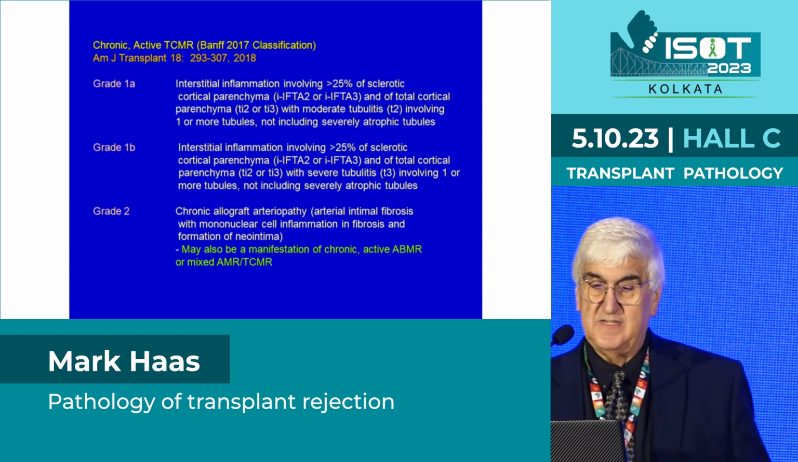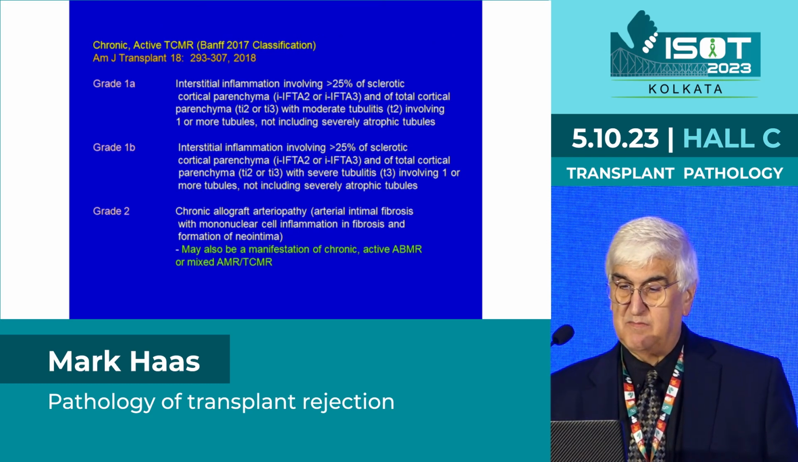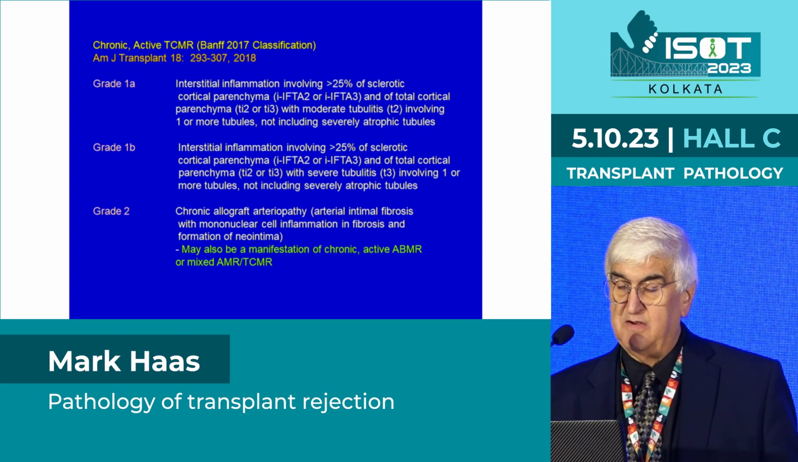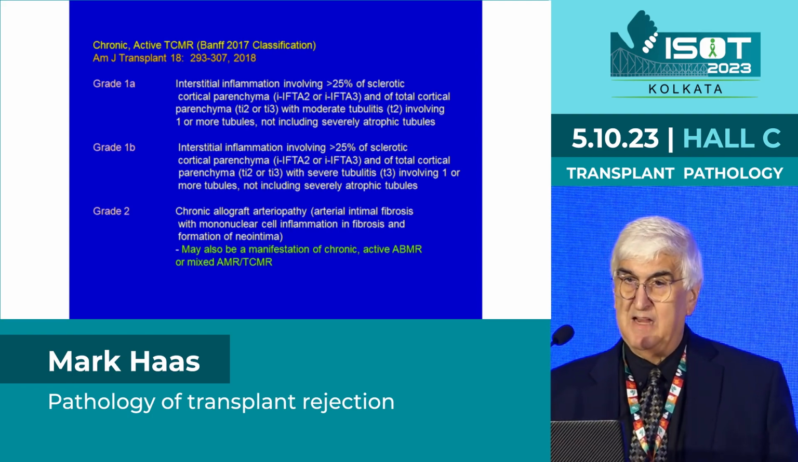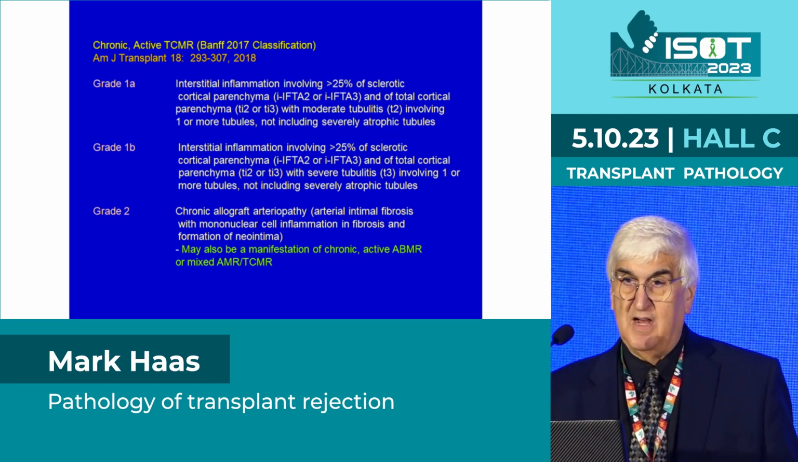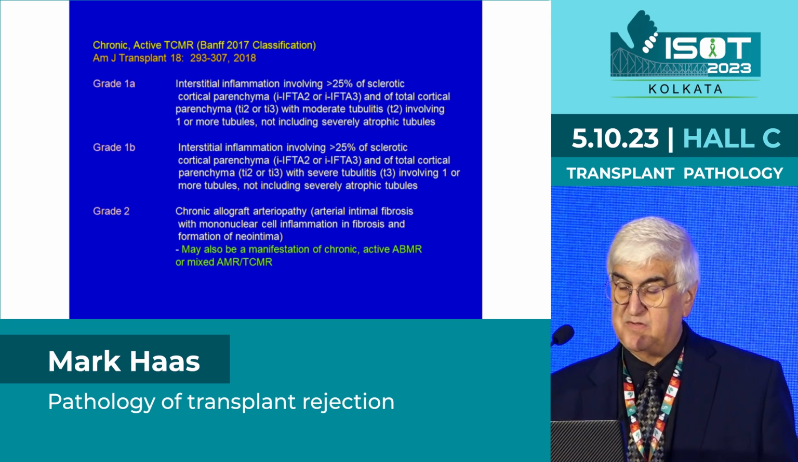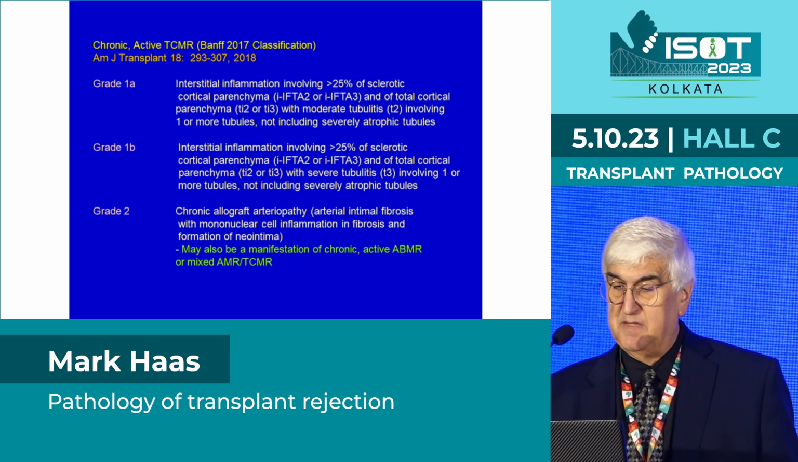And in 2017 and 2019, BAMF added a new category of chronic active cell-mediated rejection. There needed to be interstitial inflammation in at least 25% of the sclerotic cortical parenchyma. And in order to try and eliminate overdiagnosis, the criteria were made more stringent, so there also needed to be inflammation in at least 25% of the